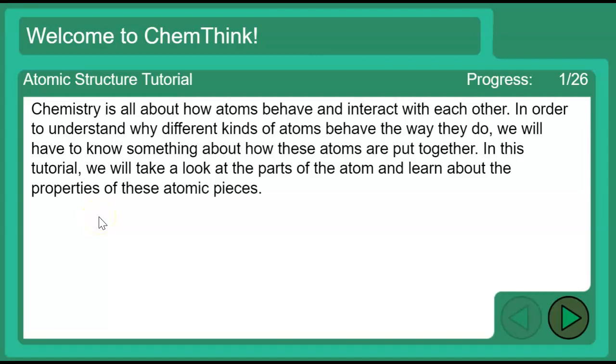Chemistry is all about how atoms behave and interact with each other. In order to understand why different kinds of atoms behave the way they do, we will have to know something about how these atoms are put together. In this tutorial, we will take a look at the parts of the atom and learn about the properties of these atomic pieces. All right,